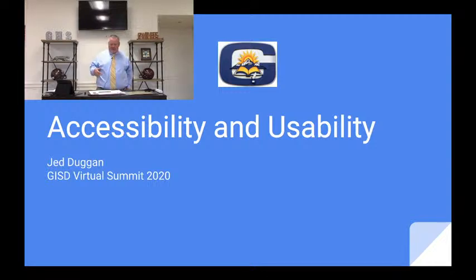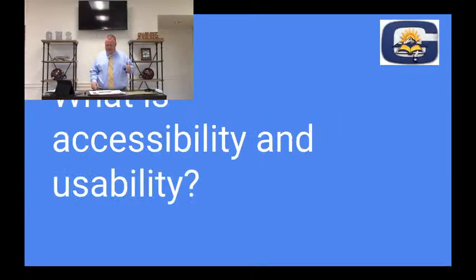Accessibility and usability can be defined as course design that reflects a commitment to accessibility so that all learners can access content and activities, and usability so that learners can easily navigate and interact with all the course elements. Online course materials, activities, and assessments are designed to ensure that all learners have access to the same information and are able to engage with the same interactions.